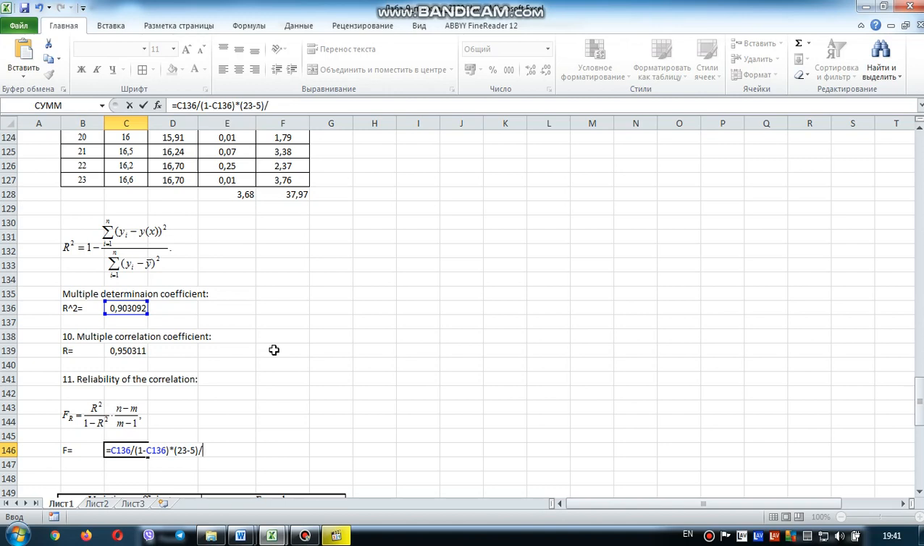Divided by 5 minus 1, this is 4. So F equals to 41.94 and F critical